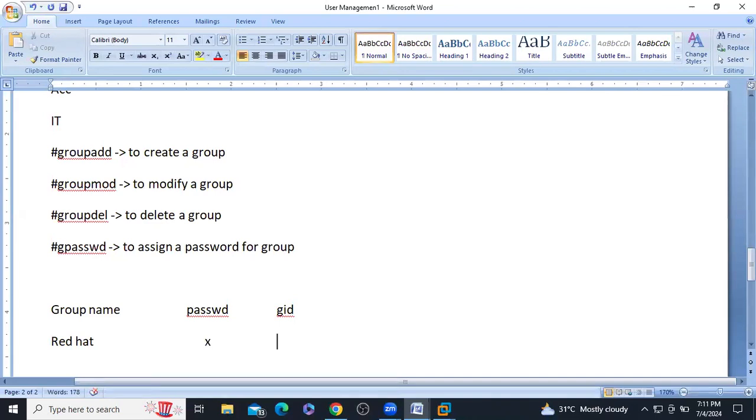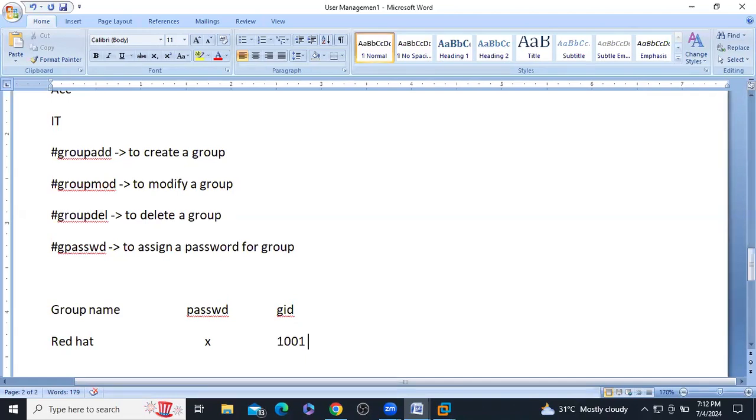So usually we are going to get 1001, because if you don't have any other user account, automatically it will take 1001. We have one user called student. It has a student group also. Student group has 1000 as its group ID. If you try to create another group, you are always going to get 1001.